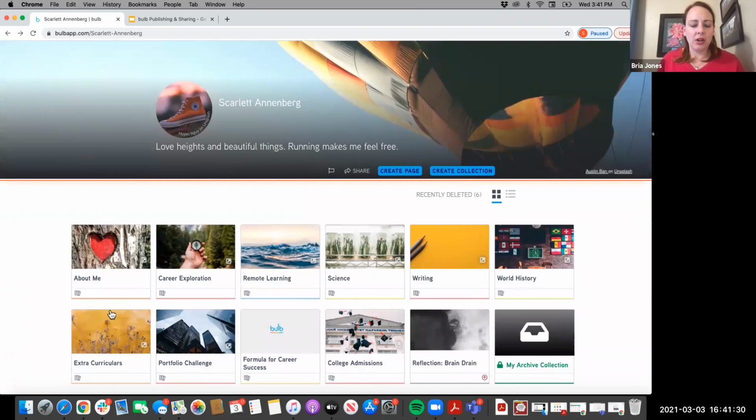And so this is her profile page. And you'll notice here that Scarlett has several collections, and you can tell they are collections by these double pieces of paper here. She also has a single page here, Reflection Brain Dump. And you can tell that it's just a single page because it doesn't have that double pieces of paper icon. You can also tell that it is not published because the cover image is in black and white and there is a red up arrow that says this is an unpublished page. So that's the visual for you to know what content in your portfolio has been published or not published. So if I open up this page,